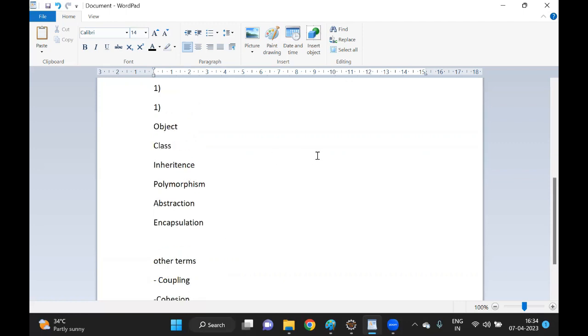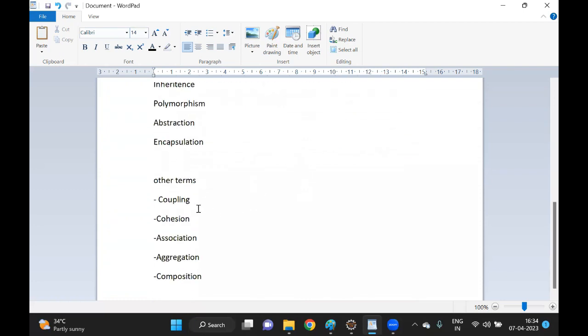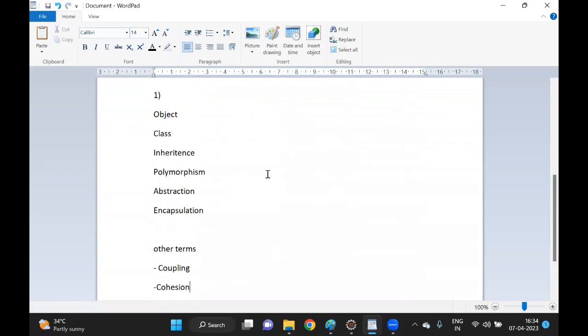These are the other terms we use under the OOPS concept: coupling, cohesion, association, aggregation, and composition. We will understand all these topics in upcoming sessions. We will cover each and every point. Now today we are going to understand